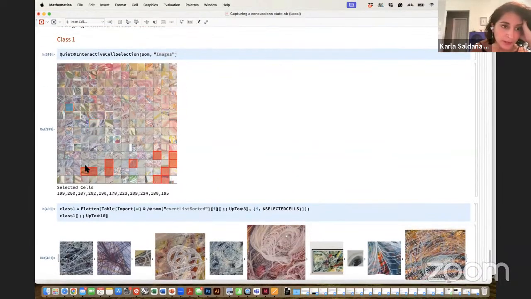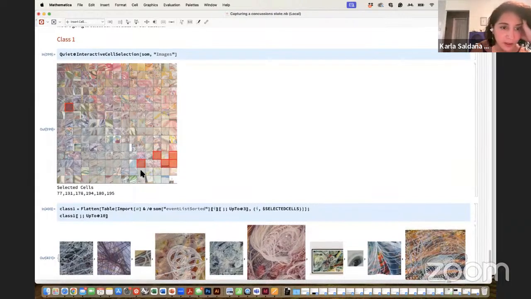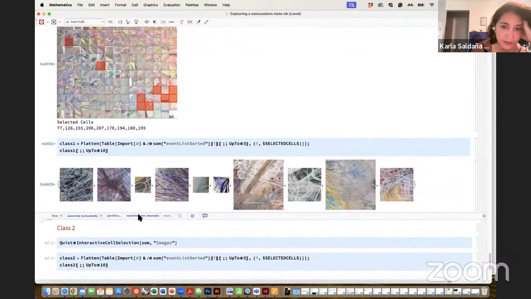If you think you made a mistake, you can unclick everything and start from the beginning, and say, oh, I think it's this one, this one, this one. You can always redo it and go back to your initial clustering.